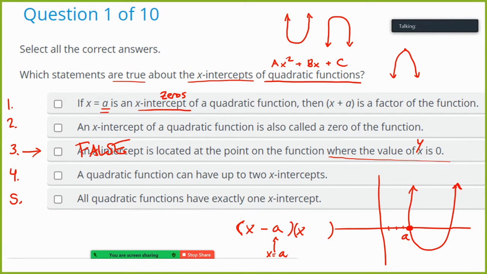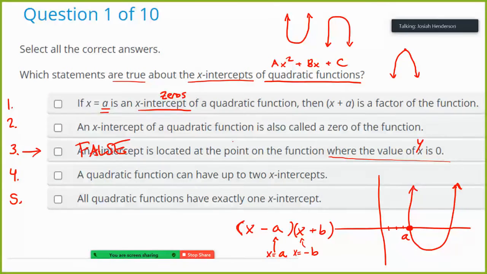And just to throw on an extra example here, maybe the next one is x plus b for the next factor. So what value would I plug in for x there to make this whole parentheses a 0? It'd have to be negative b. So x is positive a, x is negative b. Those would be our factors